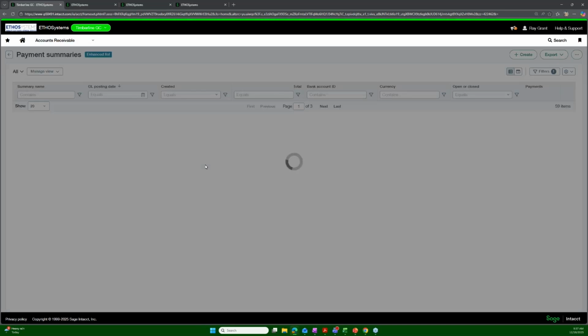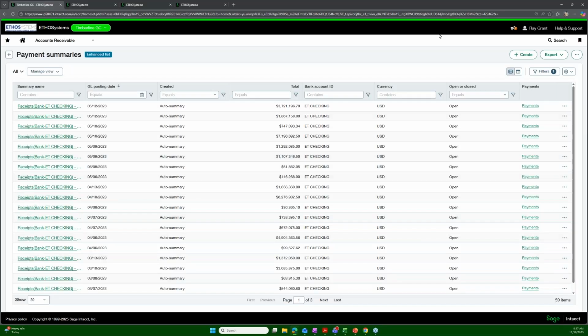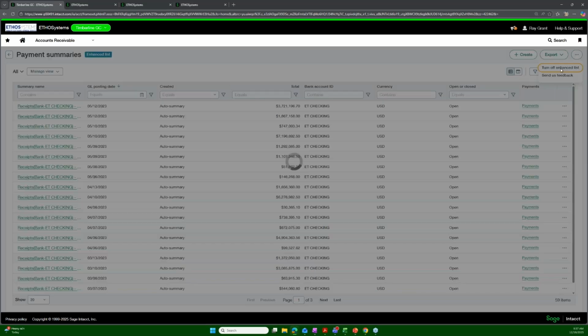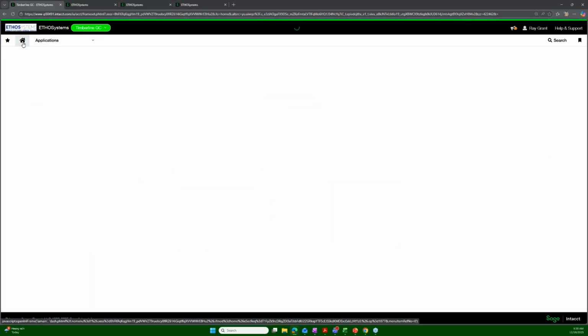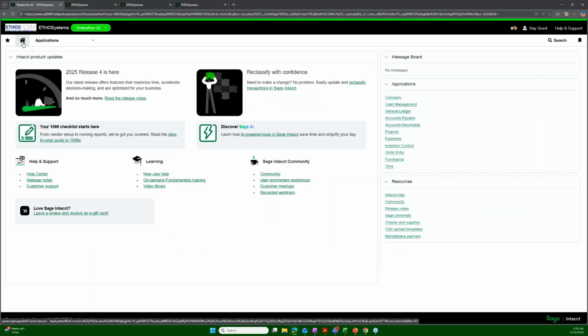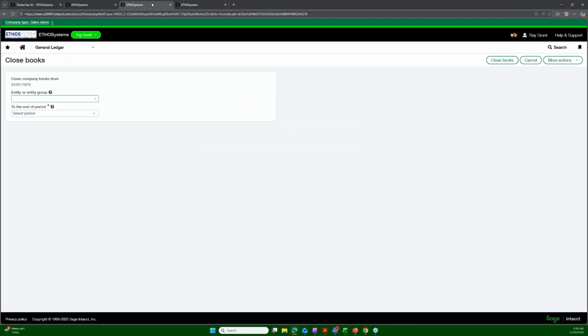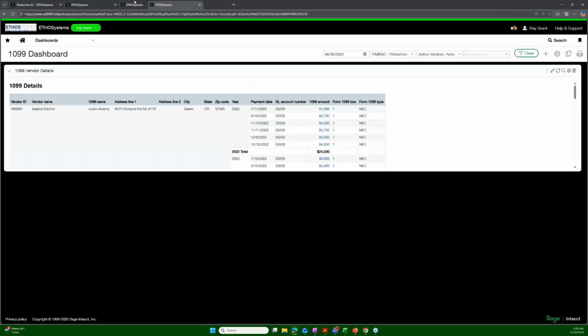here. Payment summaries. This is kind of a new feature. This new enhanced view is pretty cool because these filters work really well, but I do find that it's a little bit much on the eyeballs until we get totally used to it. So I'm going to go back to the old view, right? But then you can come in here, those payment summaries, this takes you in. So like you could say, oh, wait, is that the right summary or whatnot? Okay. And then again, the big thing I wanted to show you here was take advantage